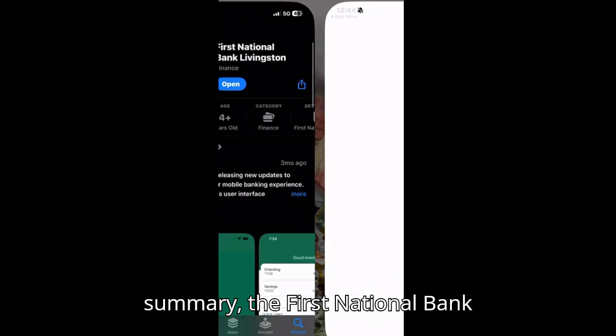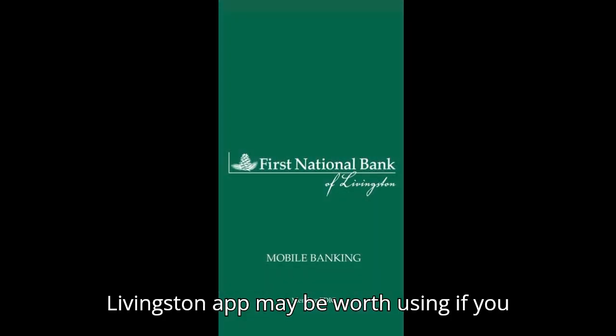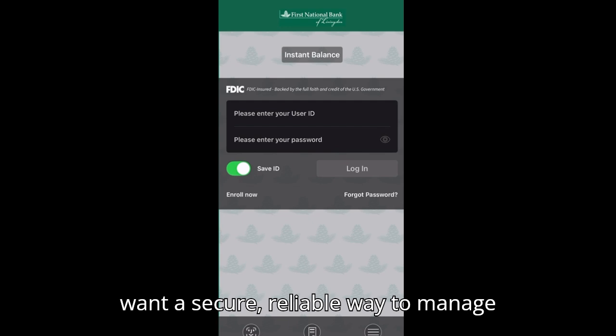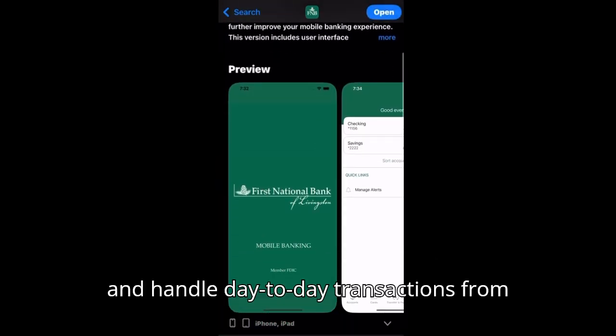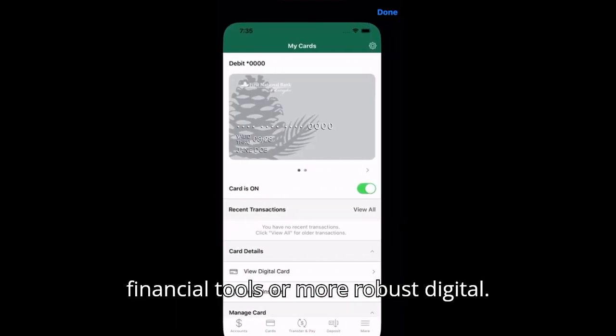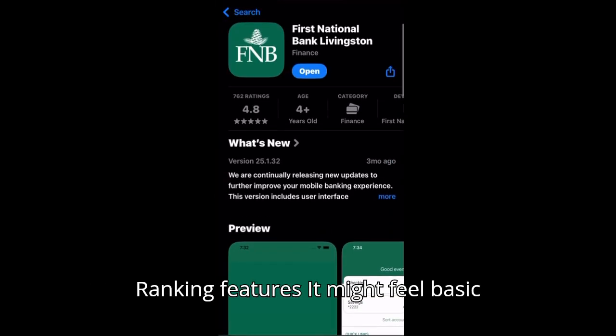limited. In summary, the First National Bank Livingston app may be worth using if you want a secure, reliable way to manage local banking services, deposit checks, and handle day-to-day transactions from your phone. However, if you need advanced financial tools or more robust digital banking features, it might feel basic compared to larger